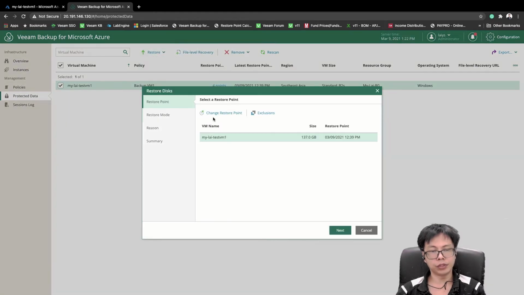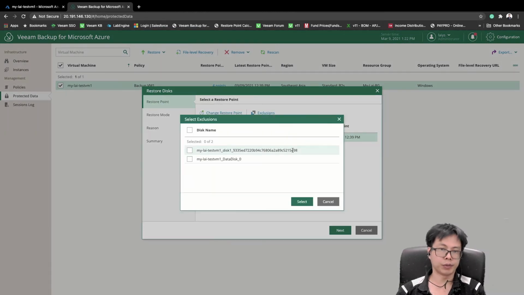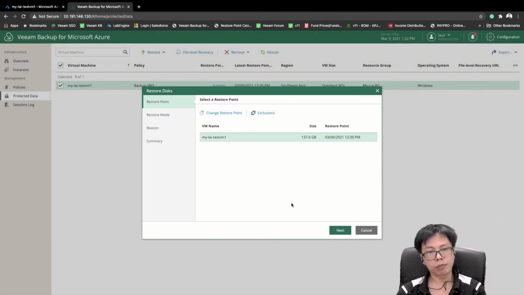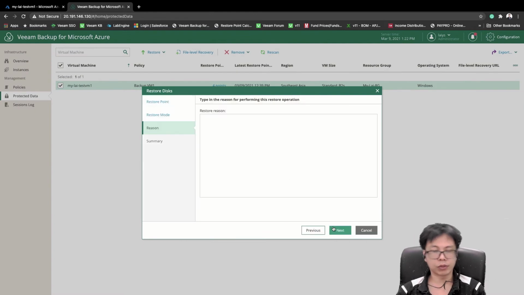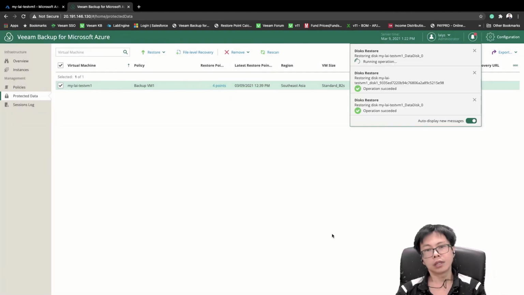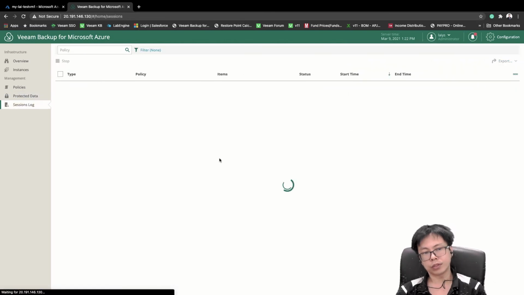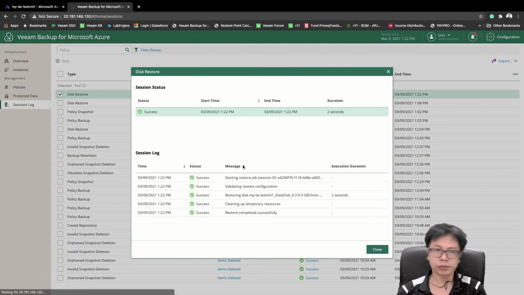So just select which restore point. You can take it from the snapshot or you can take it from the object storage. Right. Restore back to original location, click next all the way, and click finish. So once it's already restored,